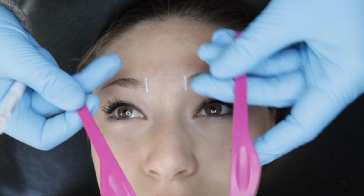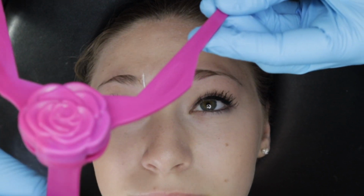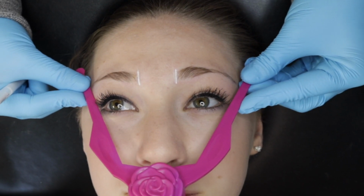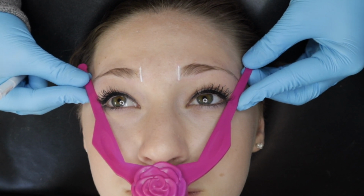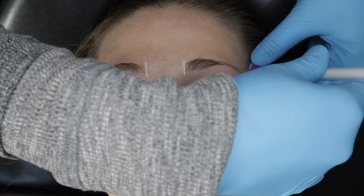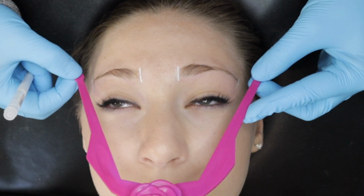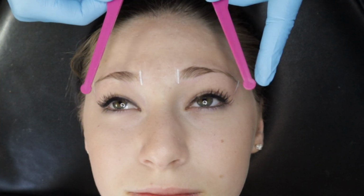Step number 2, you open up your tool and place it at the tip of their nose, and then you're gonna close it down till it reaches the corners of their eyes. Just like that. And then you're going to mark the tails. Just like that. Then you're going to tilt this upside down,